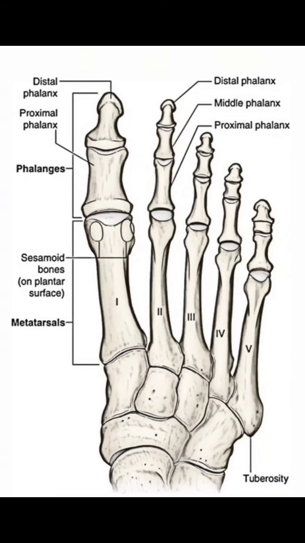Phalanges are long bones in the foot located distal to the metatarsals. Like in the hand, each toe consists of 3 phalanges, which are named the proximal, middle and distal phalanges. The great toe only has 2 phalanges, a proximal and a distal one. Occasionally there are only 2 phalanges in the little toe. The phalanges consist of a proximal base, a shaft and a distal head. The bones of the foot provide mechanical support for the soft tissue, helping the tissue withstand the weight of the body whilst standing and in motion.